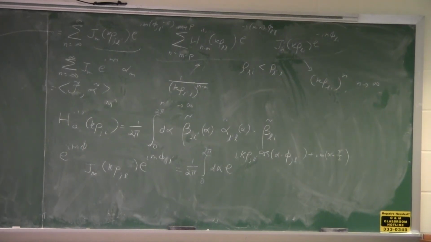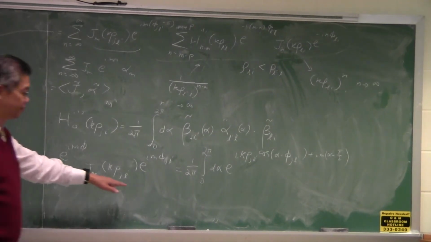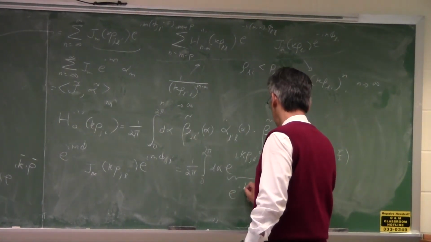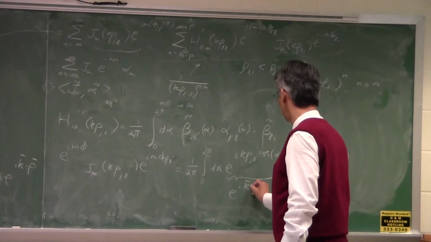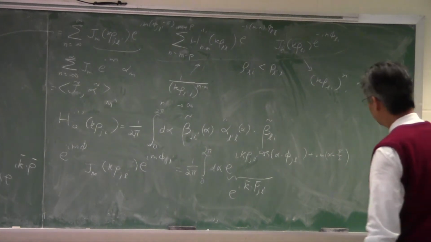Something like that: 0 to 2 pi d alpha e to the i k dot rho. The Bessel function of zeroth order is essentially this. We apply the raising operator to that, you get this. And this is essentially just e to the i k dot rho. But you look at this identity, what it does say is that